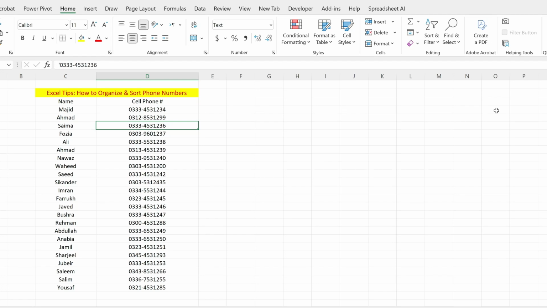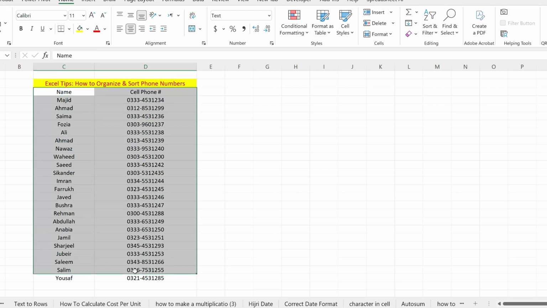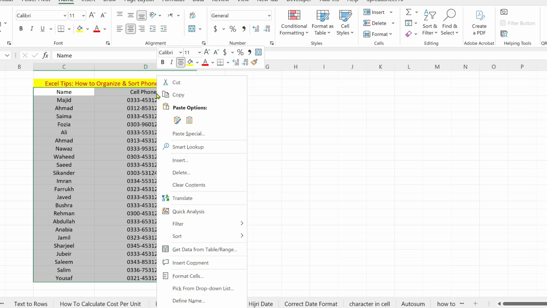I will guide you how to sort phone numbers in Excel. This is pretty simple and easy, and here I have a few names and their phone numbers in the second column. So first you need to select the entire data, and after that you need to right click and go to